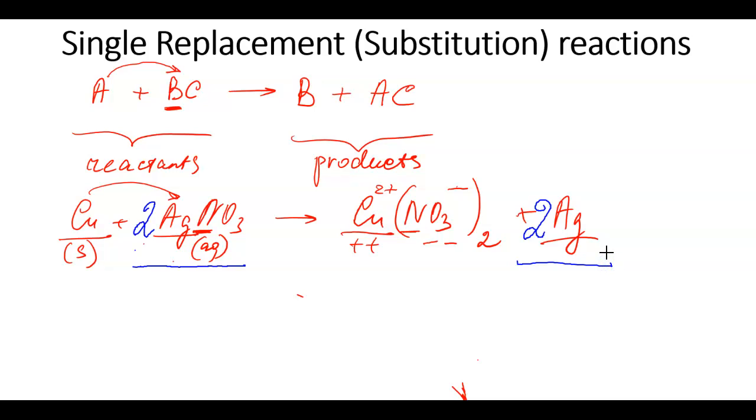And we just recount all atoms, right? As a last step, we recount all metals. So let's start from the beginning. Copper, 1 and 1, good. Silver, 2 and 2, good. Nitrogen, 2 and 2, good. And what about oxygen? 2 times 3, 6, and 3 times 2, 6 oxygens on both sides. So this reaction, this equation is balanced. The next type of reaction